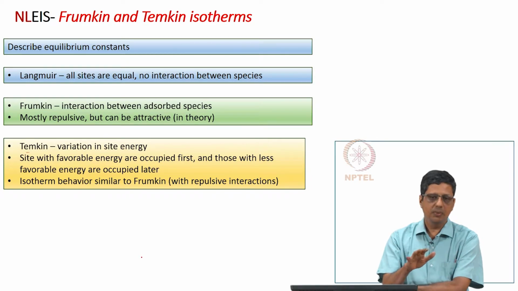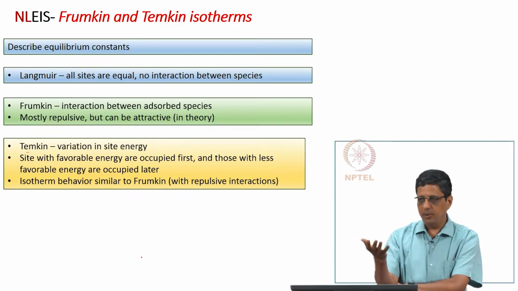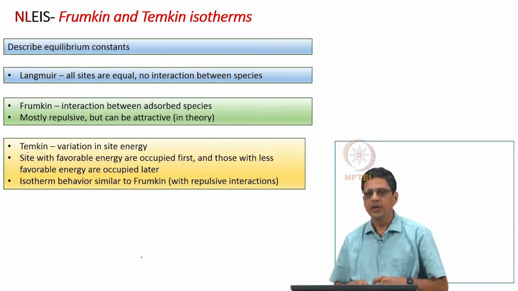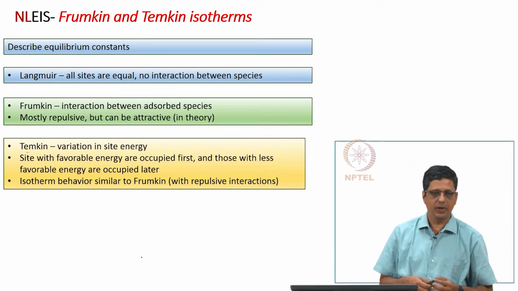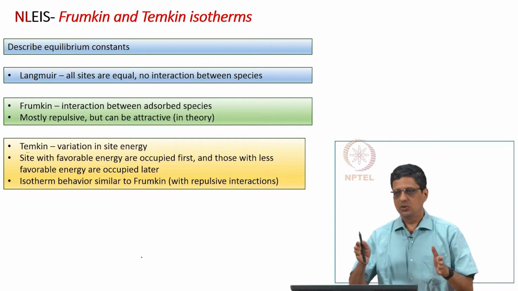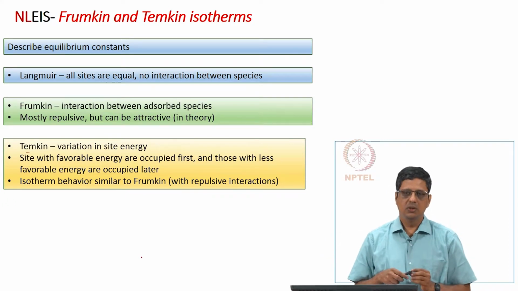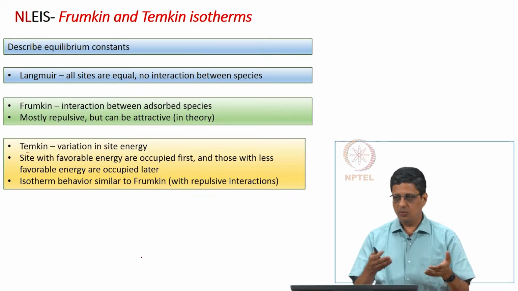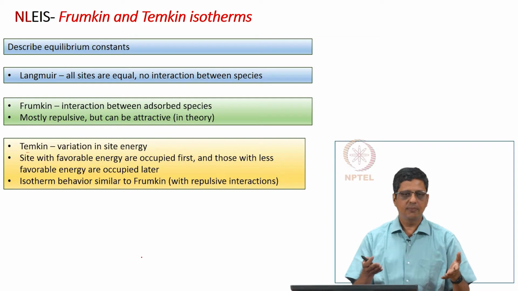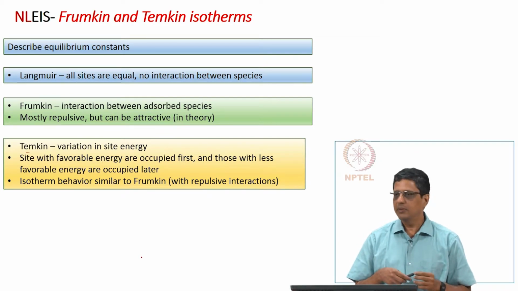You are likely to go to a place where there is nobody around. On the other hand, if you know the people who are there, if you are friends with them, you are likely to go and join them at the table. That is similar to saying attractive interaction. So, if you do not know them, if they are strangers, you are likely to go to a place where it is completely empty. If you know them and you want to go near them or sit next to them, that is similar to attractive interaction.